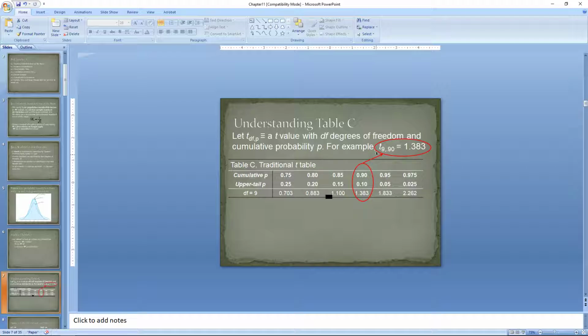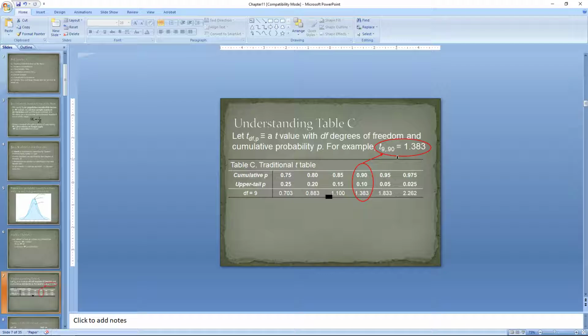For example, if we wanted to find t9 comma 0.90, I know you can see the answer in the back of the book, but let's look this up together. We know our degrees of freedom are 9, so that's the first place we look. Then we find the cumulative probability of 0.90, figure out where your fingers meet, and you'll see you get